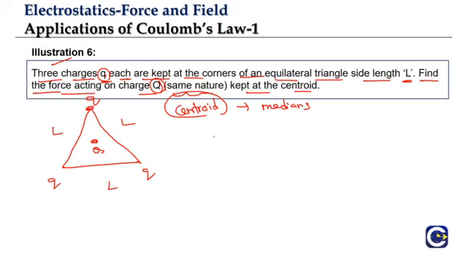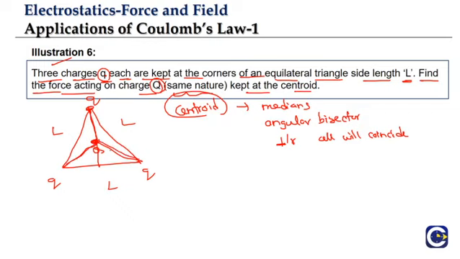In an equilateral triangle, medians, angular bisectors and perpendiculars all will coincide. That is a property of the equilateral triangle: median, angular bisector and perpendicular, all of them will be coinciding. We even have a property that in any triangle, the centroid will divide the median in the ratio 2:1. So coming back to the question, if you look at the distance from corner to centroid,